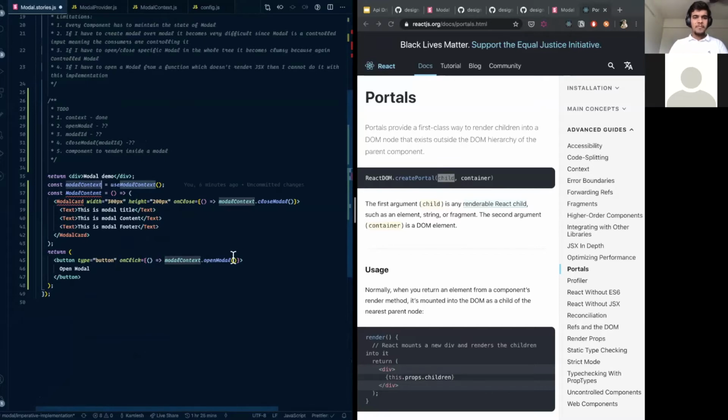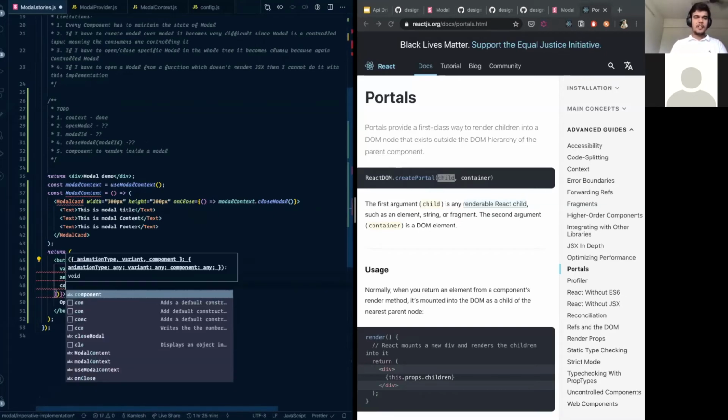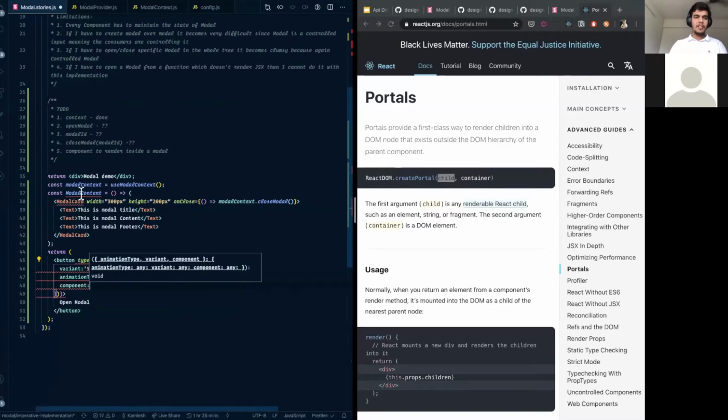Oh, yeah. Since we said over here, our model accepts variant, which is success, because we start with success. And then I say animation type, I'll say fade, I'll say component, and our component is nothing but our model content.